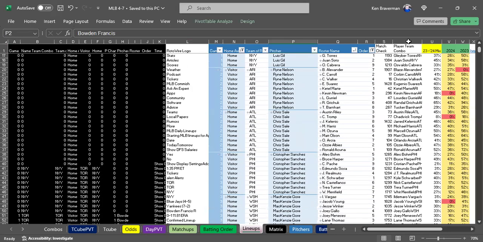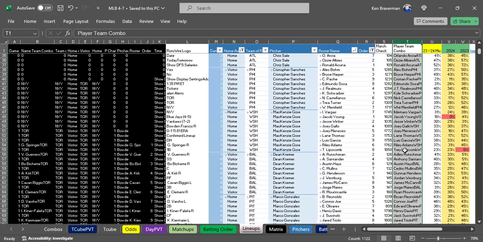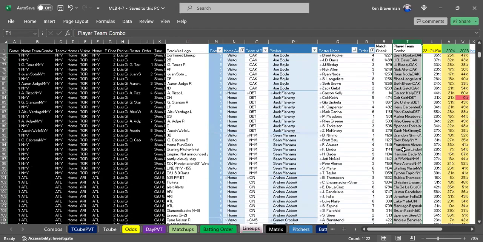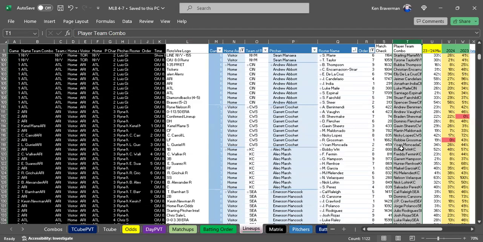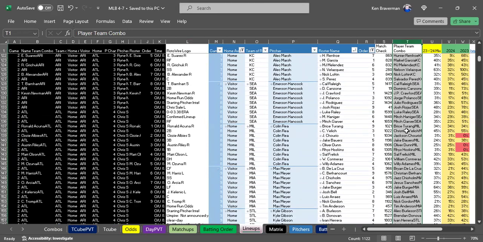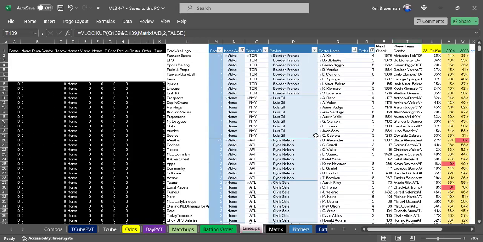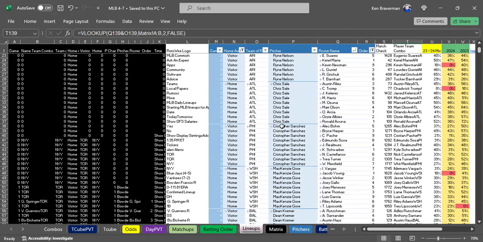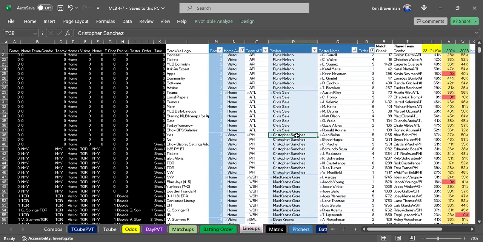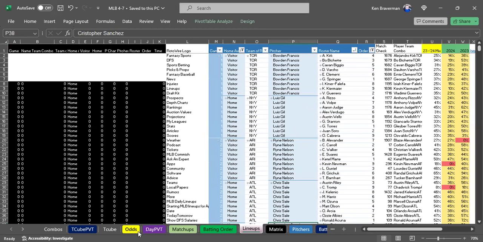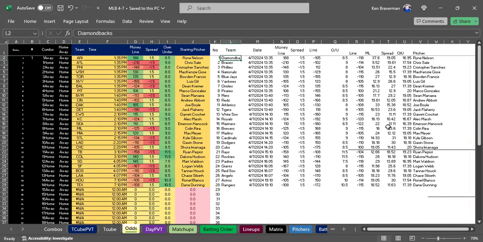Otherwise, you're going to see a bunch of weird errors where it wants to put a bunch of the players from the Minnesota team on Milwaukee, because that's the next team listed. So that's just an annoying problem that only happens when lineups are listed but the game gets rained out and there are no pitchers listed. Also, you have to type in Christopher's full name because this came in as C. Sanchez, and you have to type his full name here to match his name in the odds sheet.